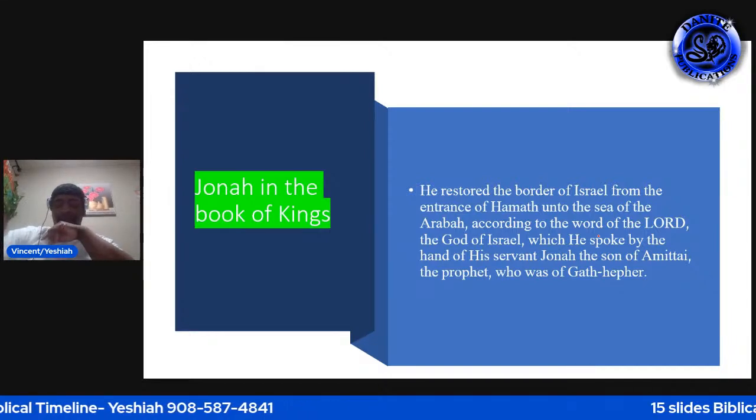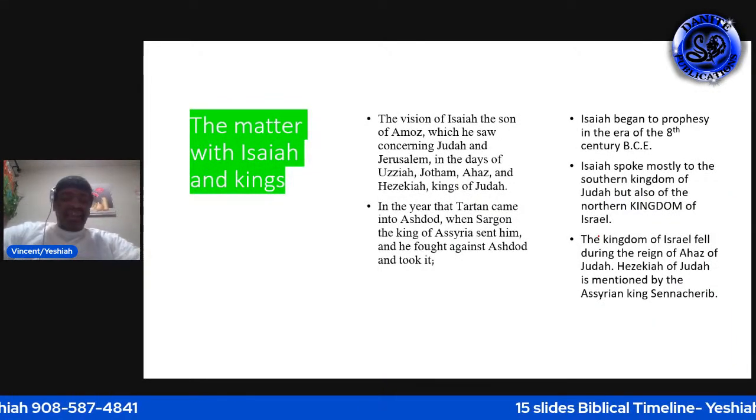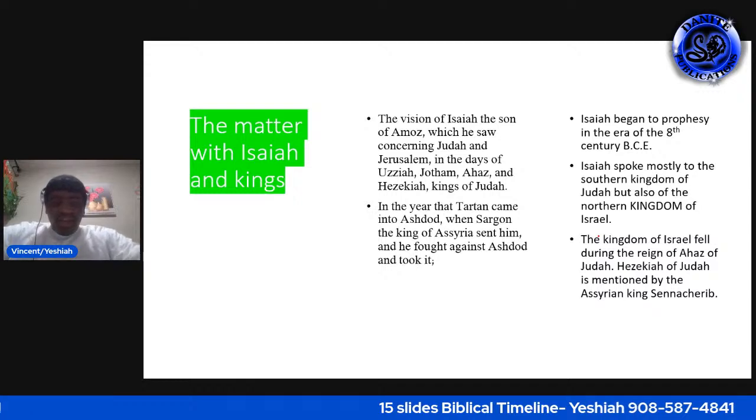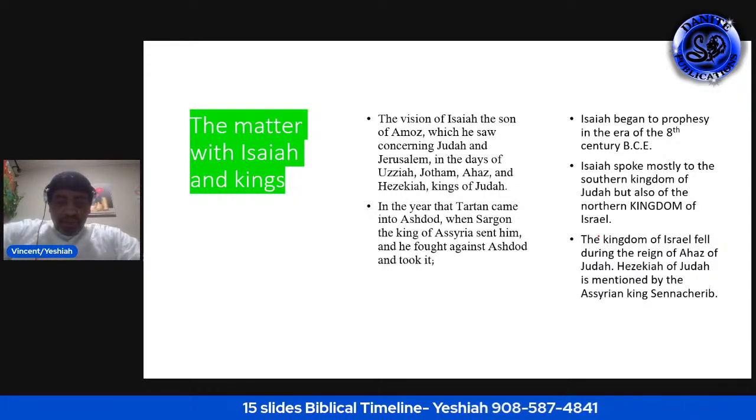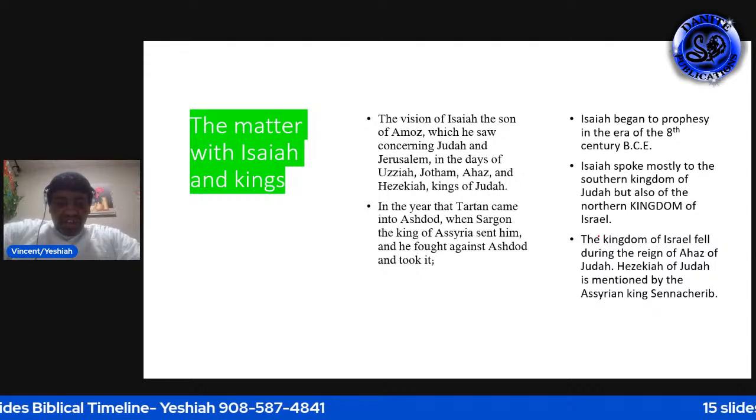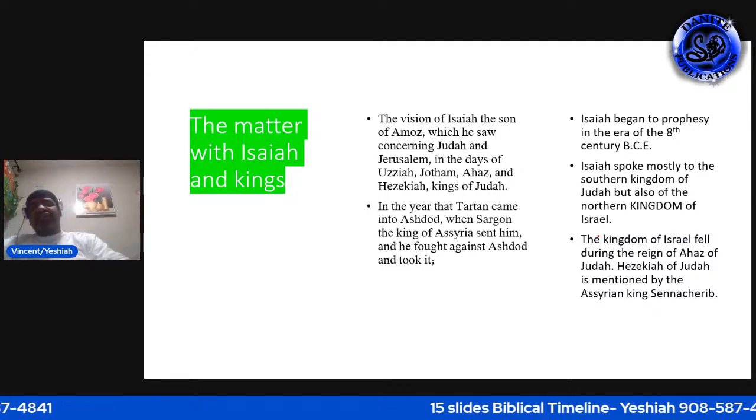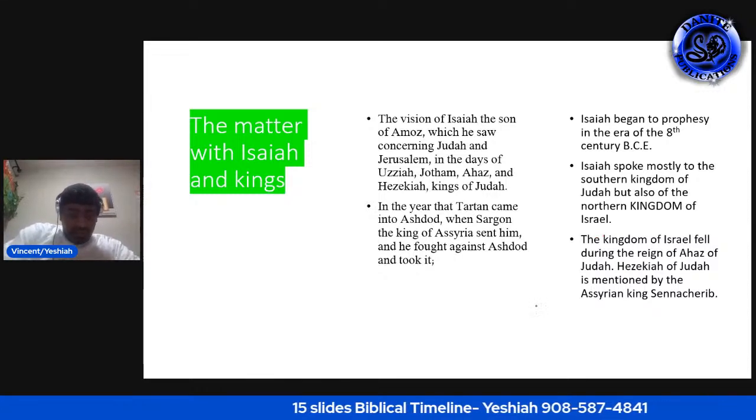Next slide, please. The matter with Isaiah in Kings. It says this: the vision of Isaiah, the son of Amos, which he saw concerning Judah and Jerusalem in the days of Uzziah, Jotham, Ahaz, and Hezekiah, kings of Judah. That's in Isaiah chapter 1, verse 1. Now, brothers and sisters,